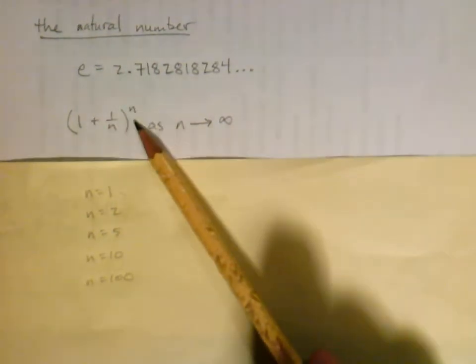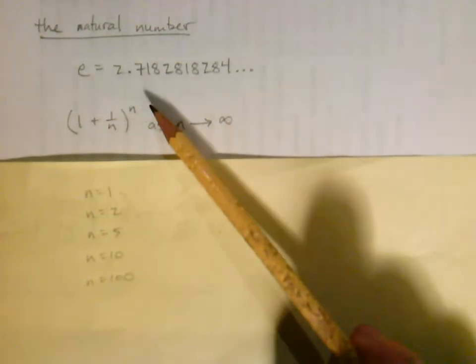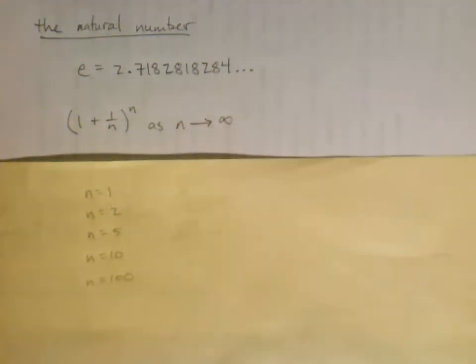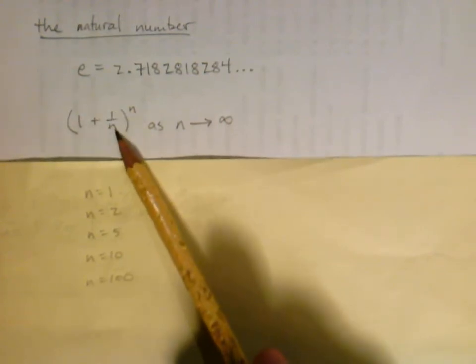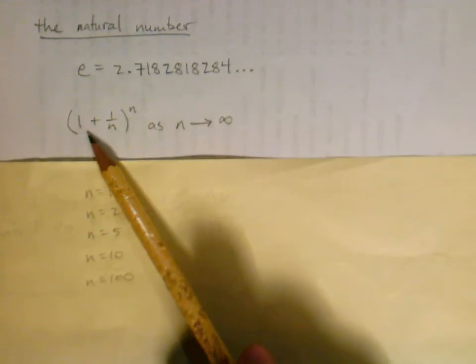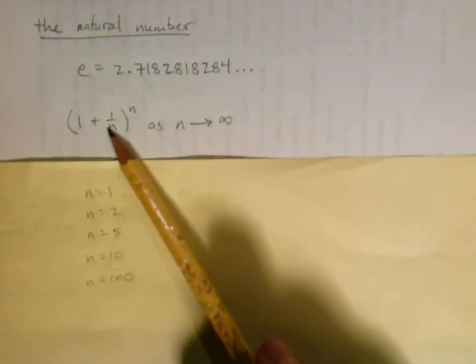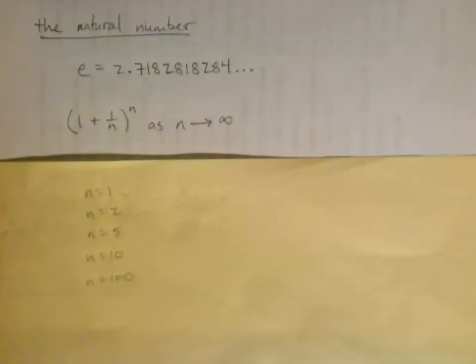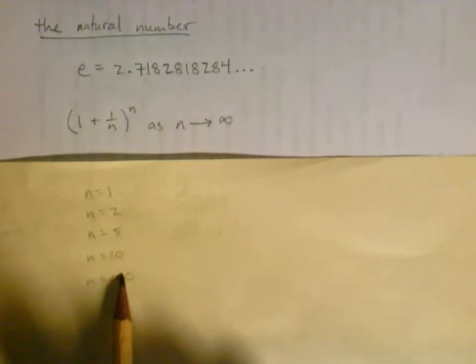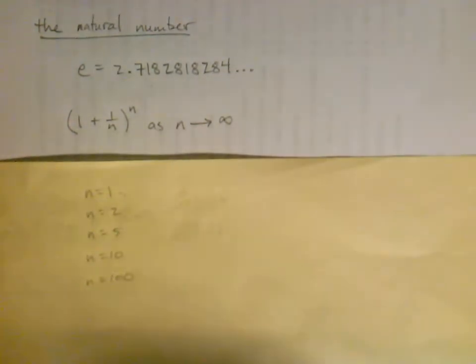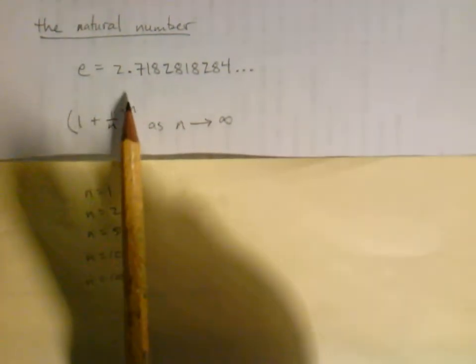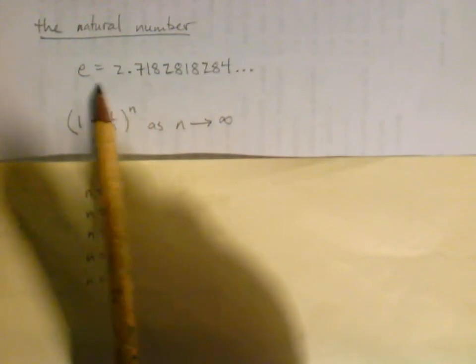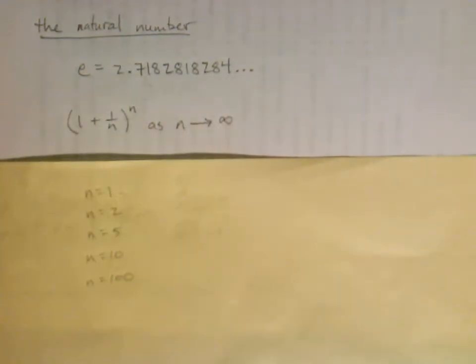And you would think, oh well, if that exponent gets bigger, it's just going to become huge. But then at the same time, because you're adding 1 over n, you're adding values that are getting smaller. So this is getting smaller, but this is getting bigger. And it turns out as the values of n get bigger, it balances out. This is pulling it up and this is pulling it down, and this tug of war ends up resting on this strange number that we call e.